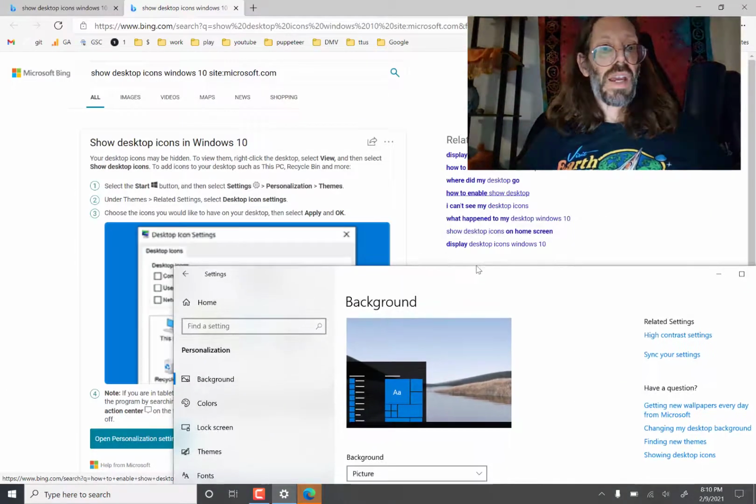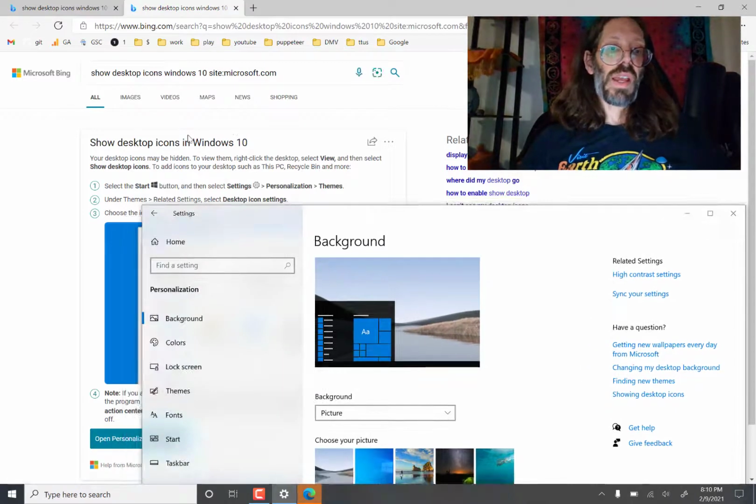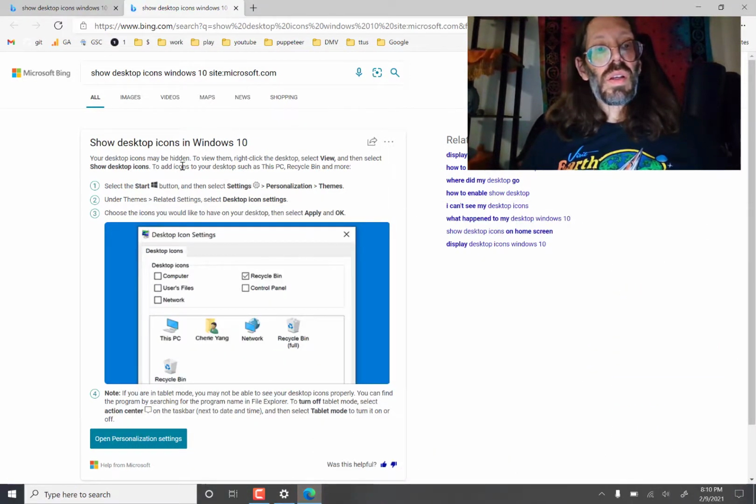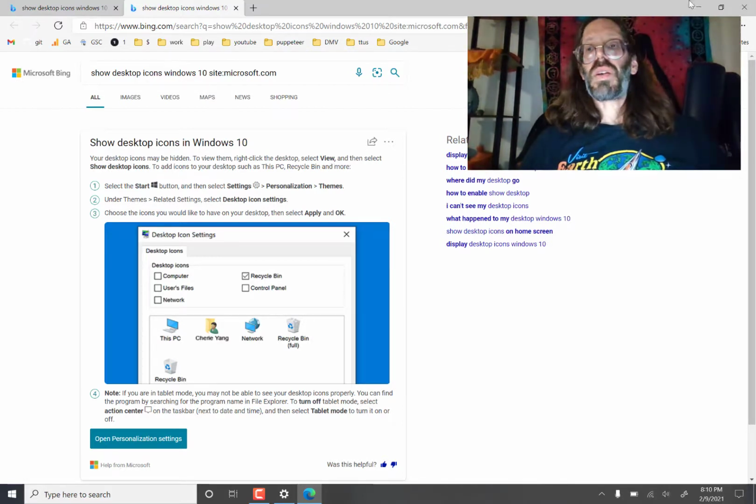Something's happening in the background. Show desktop icons. It's bringing up help. Your desktop icons may be hidden. To view them, right-click on Desktop, View, and select Show Desktop Icons to add icons to your desktop, such as the recycle bin. Okay, so that's right-click,